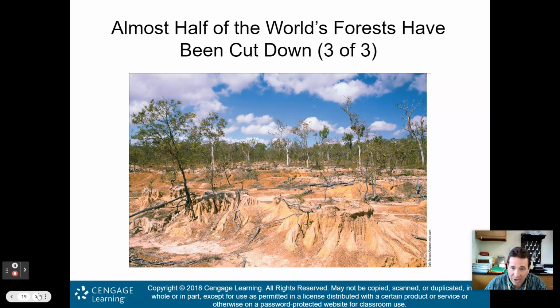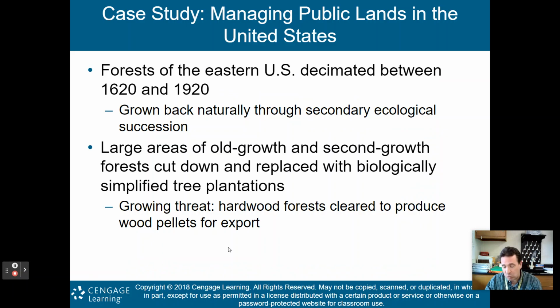This is erosion, right? You can see all the soil being eroded away, leaving this kind of, you don't see that black humus, right? Which is that thick soil that is the fertile soil. It looks kind of reddish, kind of, that's not sandish, right? That's not really good nutrient soil there. And that's what can happen when you clear cut forests. So that leads us to a core case study.